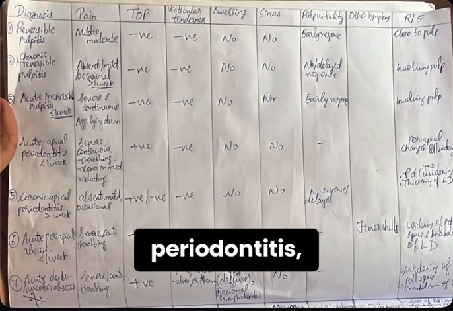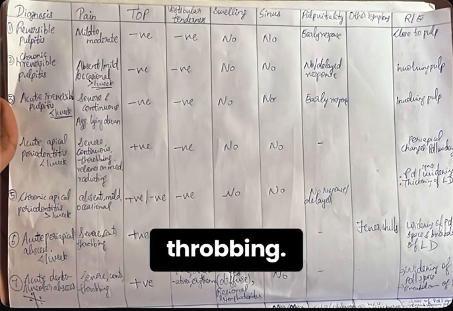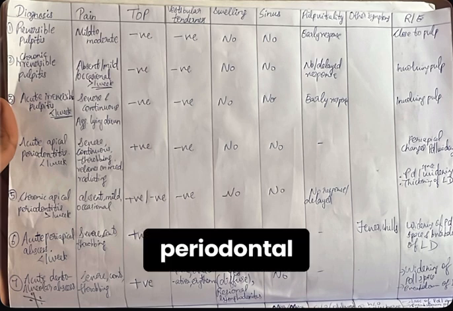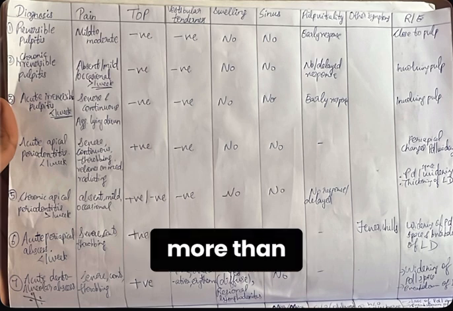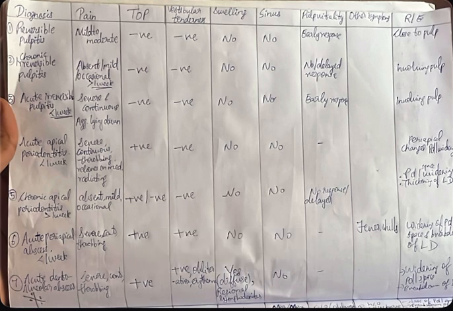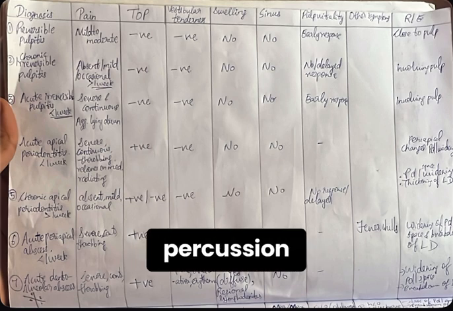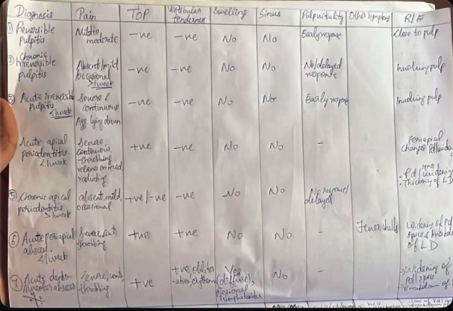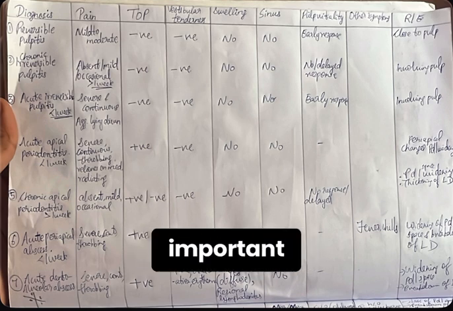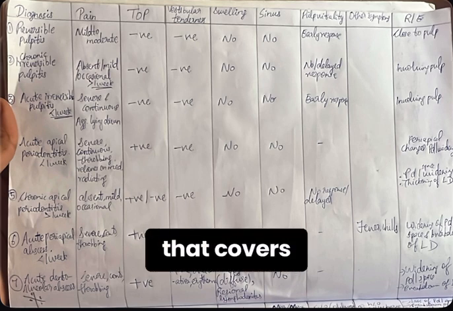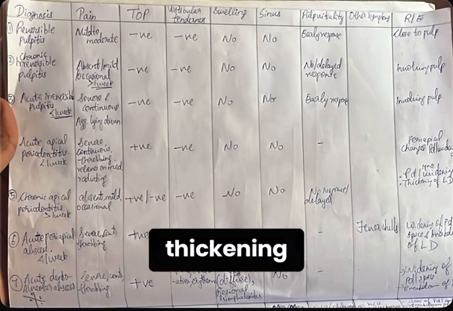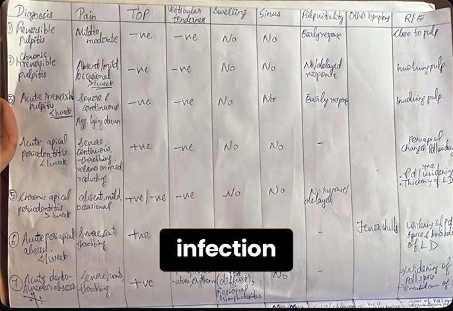In acute apical periodontitis, the pain is severe, continuous, and throbbing, and here starts the tender on percussion, and there is no vestibular tenderness, and there is periapical changes like periodontal ligament widening. In case of chronic apical periodontitis, it takes more than 1 week, and the pain may be absent or occasional. It might be tender on percussion or non-tender on percussion, but the radiographic changes are the important thing, where there is thickening of lamina dura. Well, lamina dura is a thin bone that covers the socket, and thickening of it means periodontal infection has started,